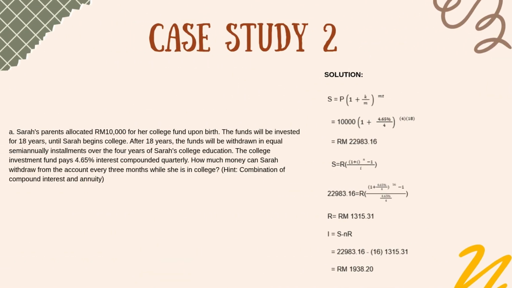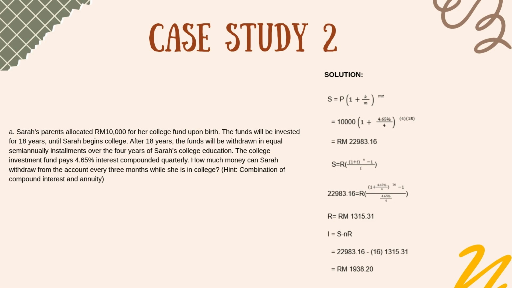70,042.14. Question 2A. Sarah's parents allocate RM 10,000 for her college fund upon birth. The funds will be invested for 18 years until Sarah begins college. After 18 years, the funds will be withdrawn in equal semi-annual installments over the 4 years of Sarah's college education. The college investment fund pays 4.65% interest compounded quarterly. How much money can Sarah withdraw from the account every 3 months while she is in